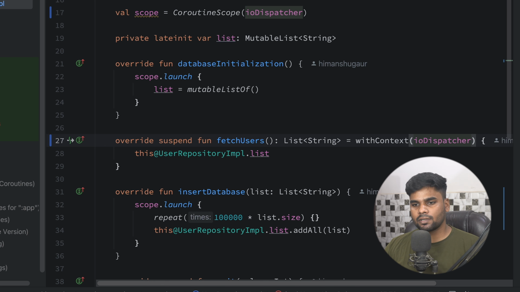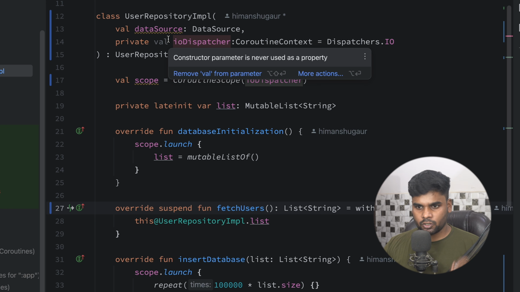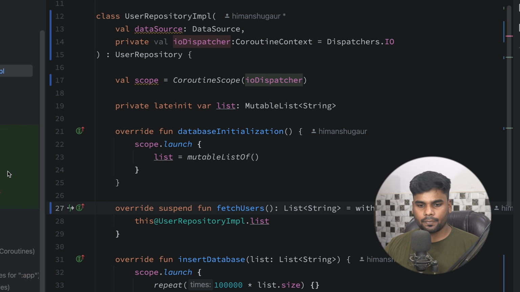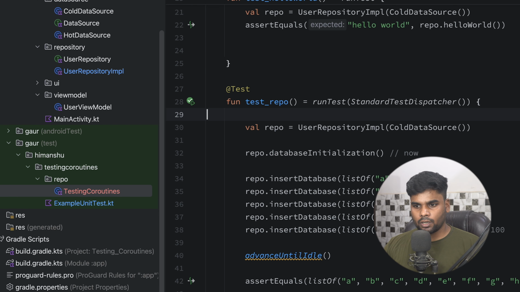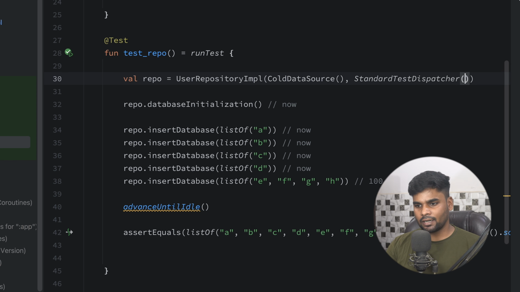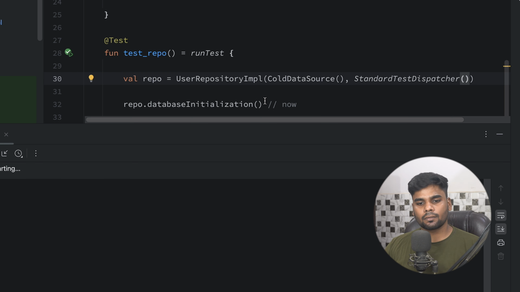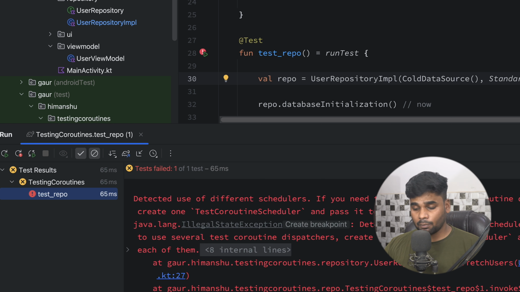So the thing is, if you are passing IO_dispatcher as a constructor parameter, you can replace this dispatcher with the help of standard or unconfined test dispatcher in your unit test cases. This is the only reason why I am passing IO_dispatcher into the constructor of user repository implementation. Now go back to your testing coroutine and remove this standard test dispatcher, and in place of IO_dispatcher I'm gonna pass standard test dispatcher. Now when you execute this test case, you are having a few problems, and the problem is,